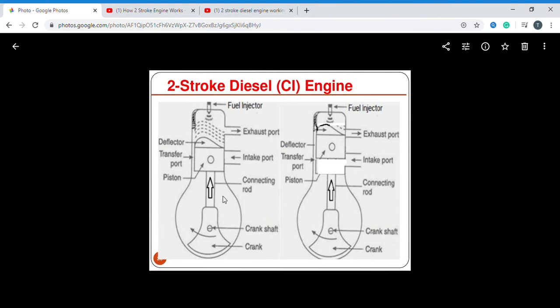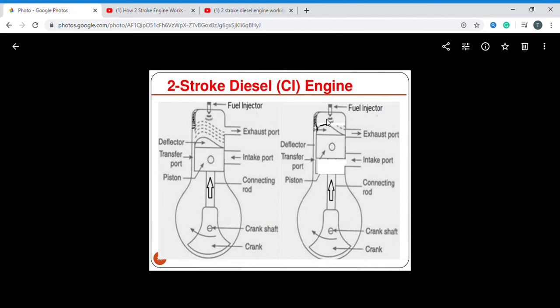Okay. Now we'll see the working here. The piston is moving from BDC to TDC. With the piston at BDC position, the intake port closes. In the petrol engine the air and fuel mixture enters, but in the diesel engine only air enters the cylinder. So the piston moves from BDC to TDC, and only air gets compressed. The air will be entering. So that is the suction process and compression process.